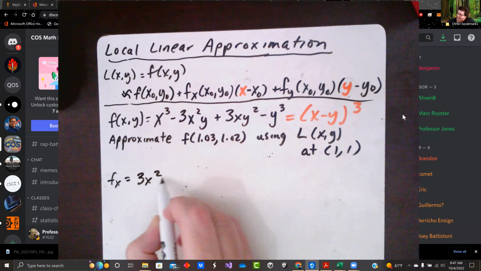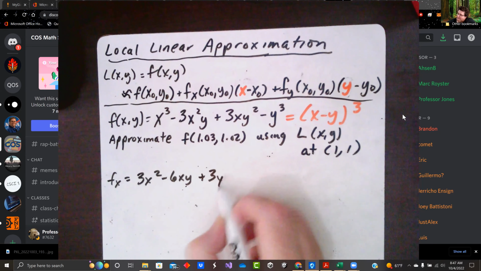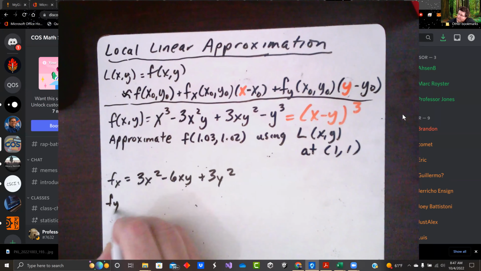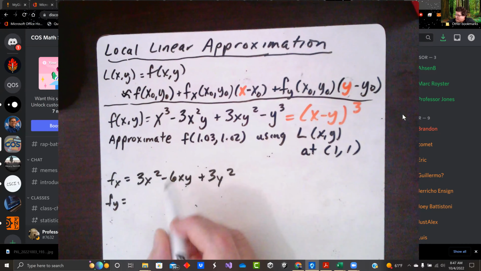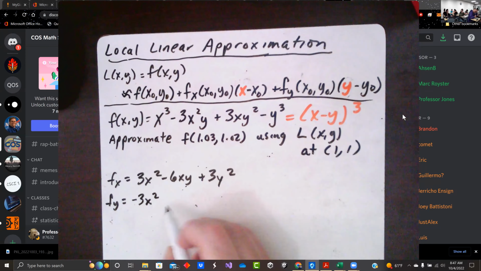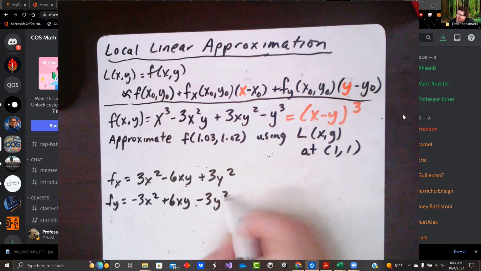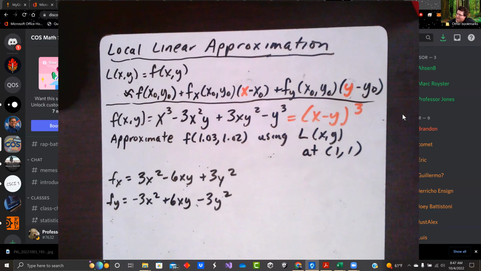3x squared minus 6xy plus 3y squared. We got negative 3x squared plus 6xy minus 3y squared. And notice if you had done it this way,